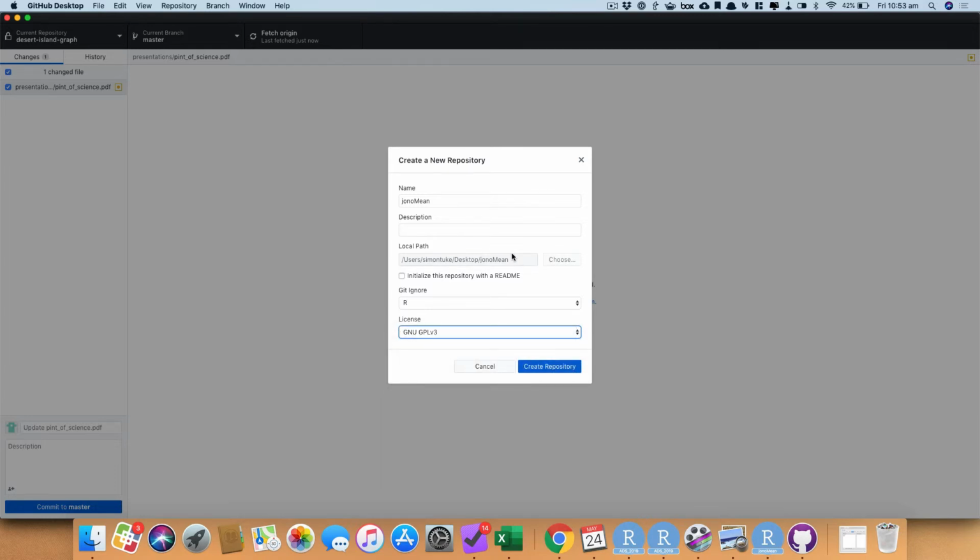Wait, does that mean it'll ignore your R? No, it will ignore all the helper file structures in R that we don't need, but it won't ignore your R. So people have standard things you can ignore for standard languages. So, for example, if you're doing C++ and you're compiling it, it won't save your .so and .o files. It will only save the source code. You click Create Repository,